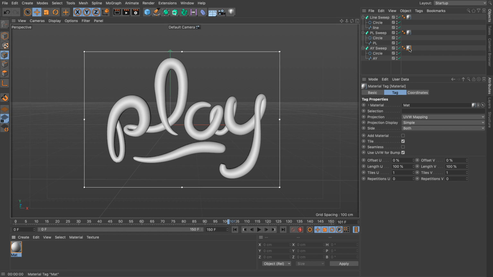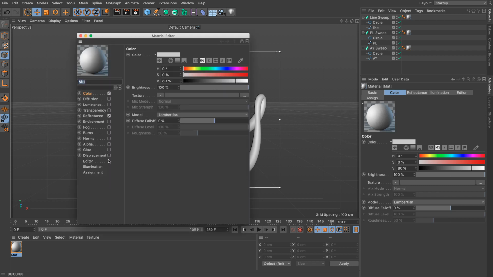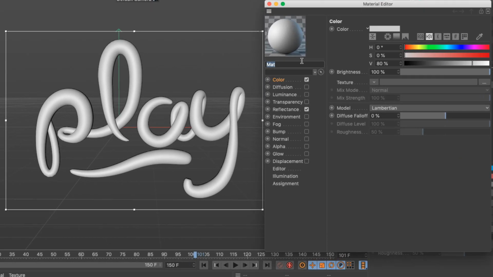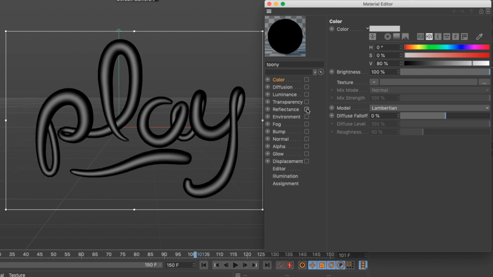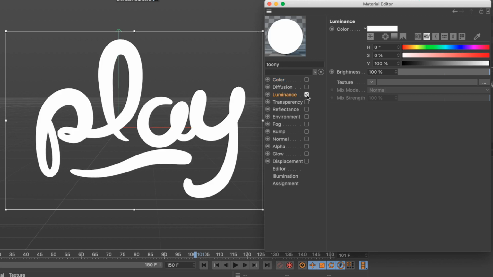Now we need to change this material to reflect our look. And first of all, I'm going to double click on the material, and I get the material editor. I'll pull it here to the side so we can see everything together. Let's name this Toony and press enter, just so that we know what's going on. Now I'm going to turn off the color and the reflectance, and I'm going to turn on the luminance, which provides us with flat shading.